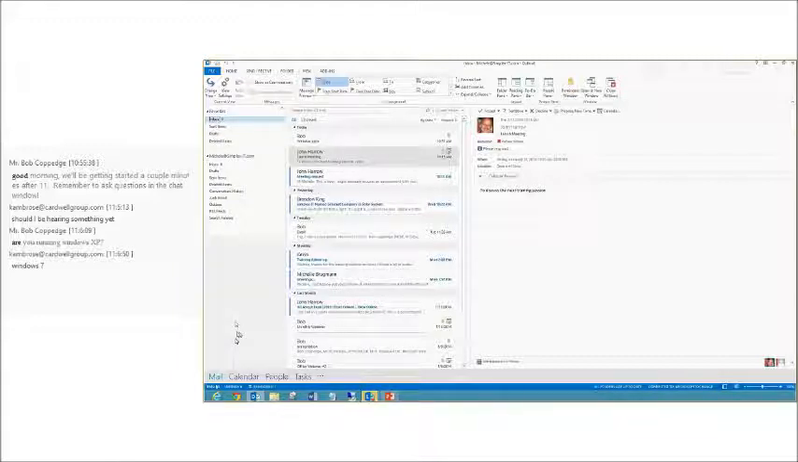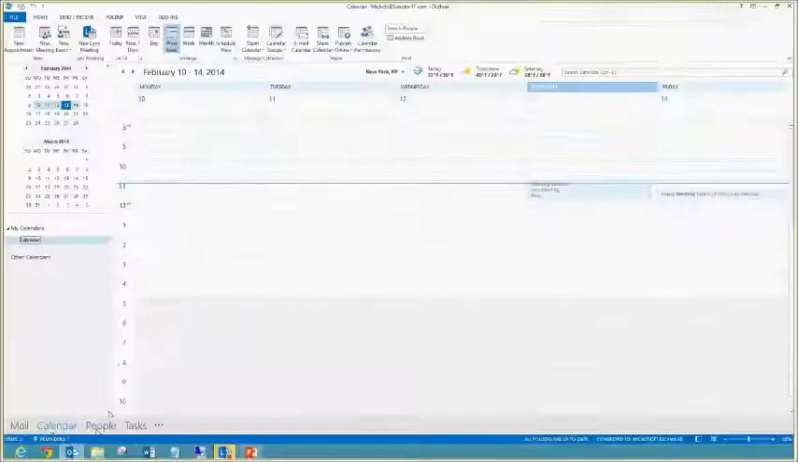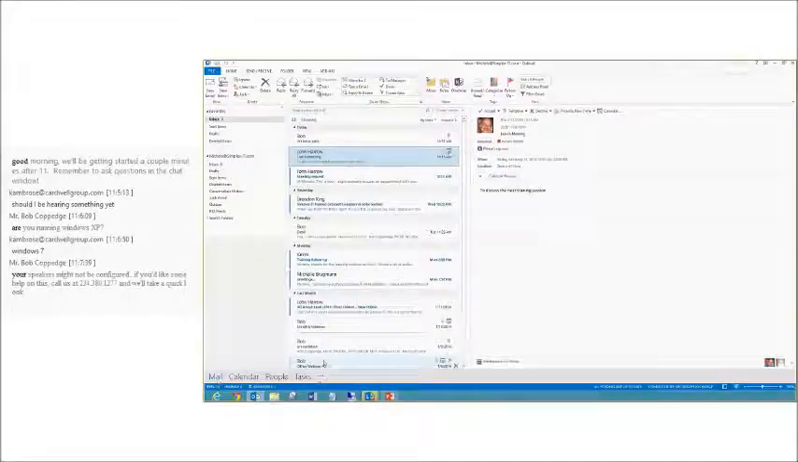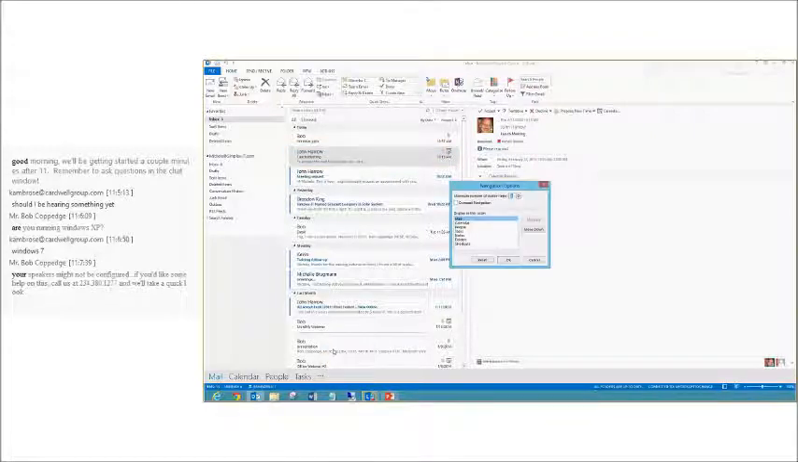Also, down below here, you will notice in 2013 that you have Mail, Calendar that allows you to go to your calendar, People is your contacts, Tasks, and then you have a button with 3 dots. If you click on that button, you can also go to Notes, Folders, and Shortcuts, which would show you the little shortcuts that you have created. But if you click on the button with the 3 dots and go to Navigation Options, you can